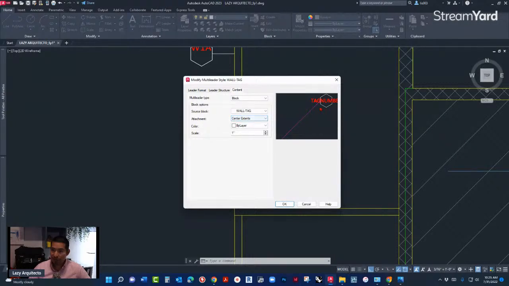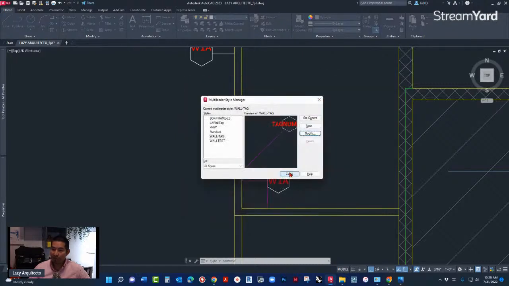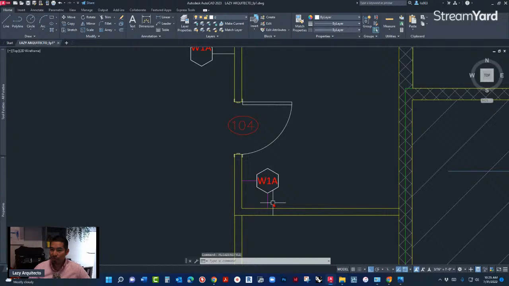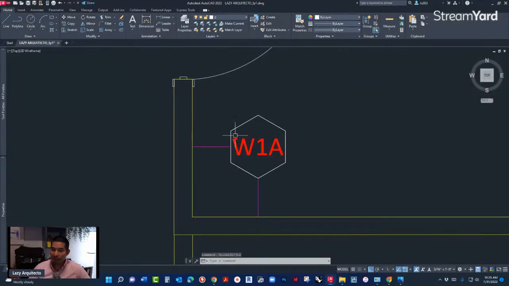You can see that the attachment is going from this side, but we wanted it to go from the center. So what we did was expand this and click insertion point. Take a look at what's going to happen on the preview once I do that. Insertion point, and boom, you can see that now it's going to come from the center of our multileader. All I did was click OK and simply hit close, and boom, you can see now how nice and